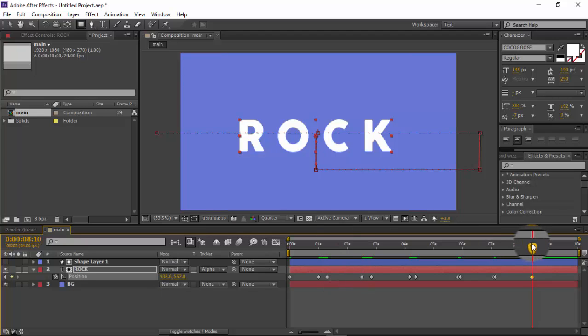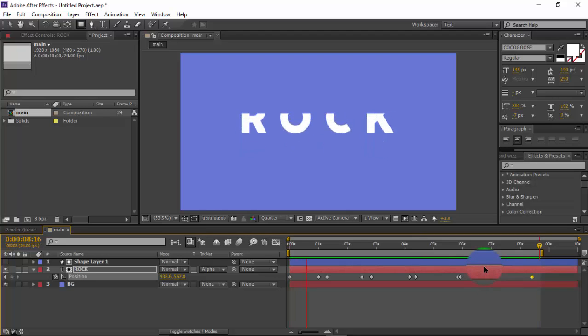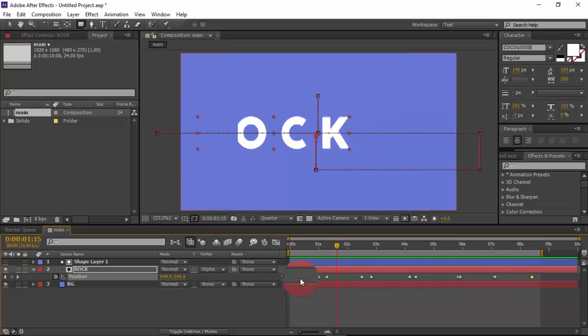So now we're going to just click the key N to bring the work area to the end here, then press 0 for the RAM preview, and then it comes back from up. So of course what we can also do is